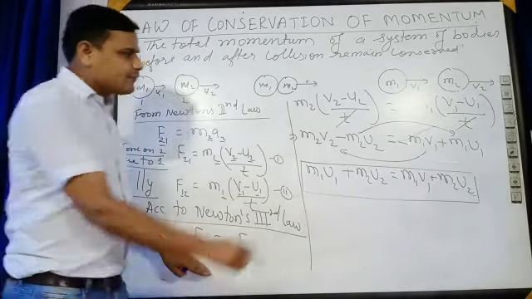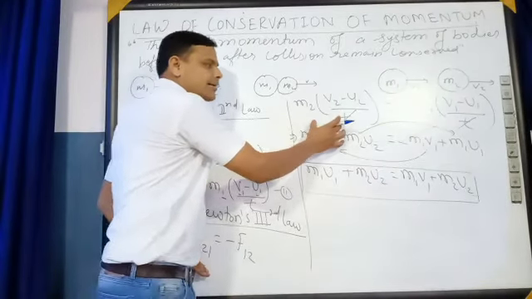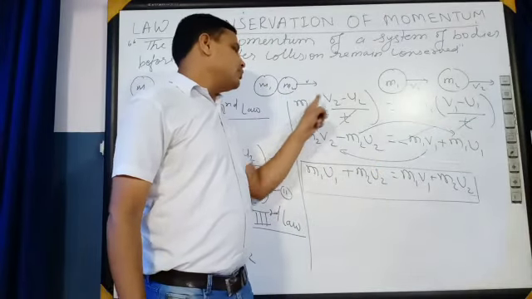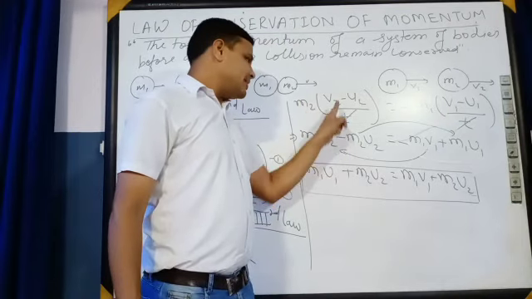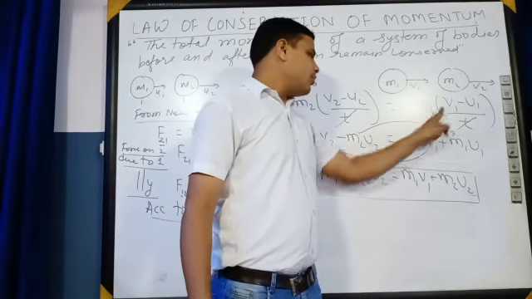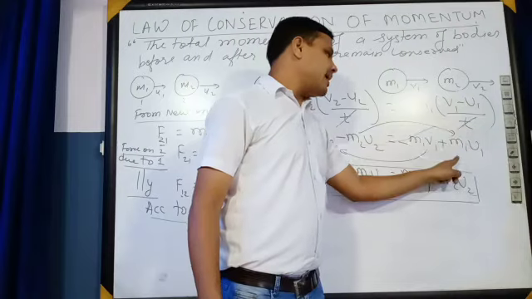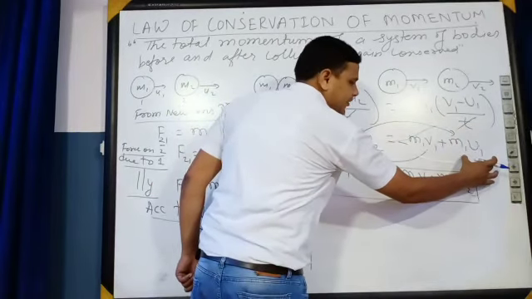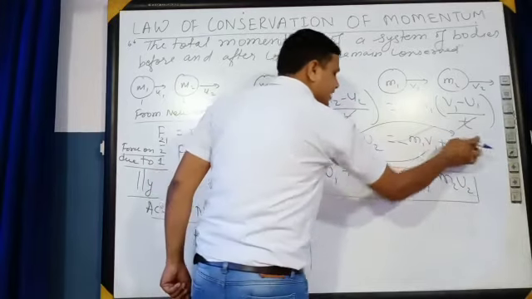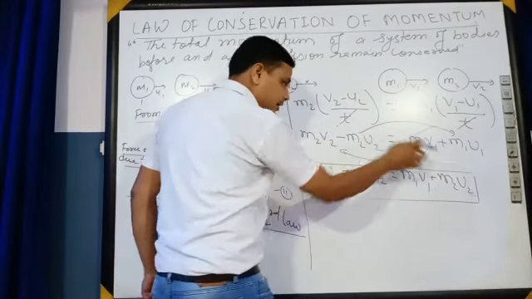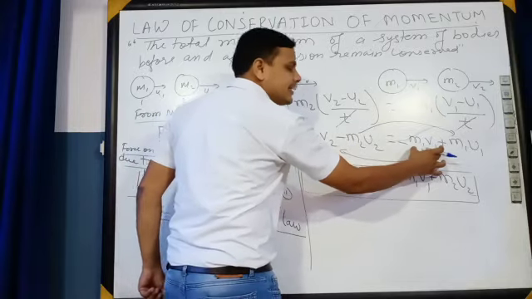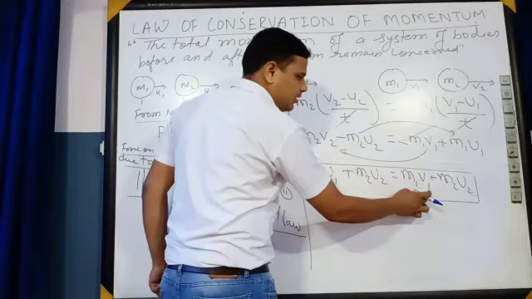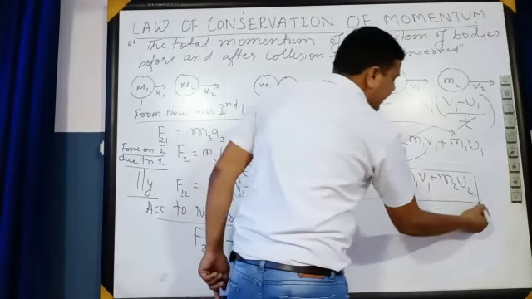After that, we have taken F21 equal to minus F12. After that, t will be cancelled. We will get m2 v2 minus m2 u2 equals minus m1 v1 plus m1 u1. Now transfer the u terms to one side. Here we already have m1 u1, so it will go to RHS. We will get m2 u2 coming to LHS. It is negative, transferred to the other side, so it becomes positive. So we will have m1 v1 and m2 v2 is already there.